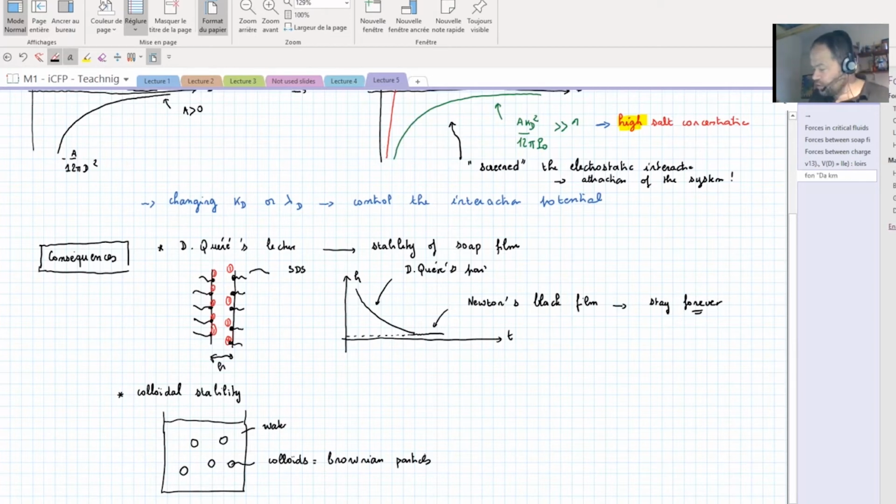So for these particles to be stable in suspension, you have to keep them Brownian, so you have to keep them small. So if you want to avoid the flocculation. Well, if these particles are charged, which is often the case because silica is charged, as an example. So if it's dust made of silica, then you will have this DLVO repulsion. So you will have this electrostatic stabilization.